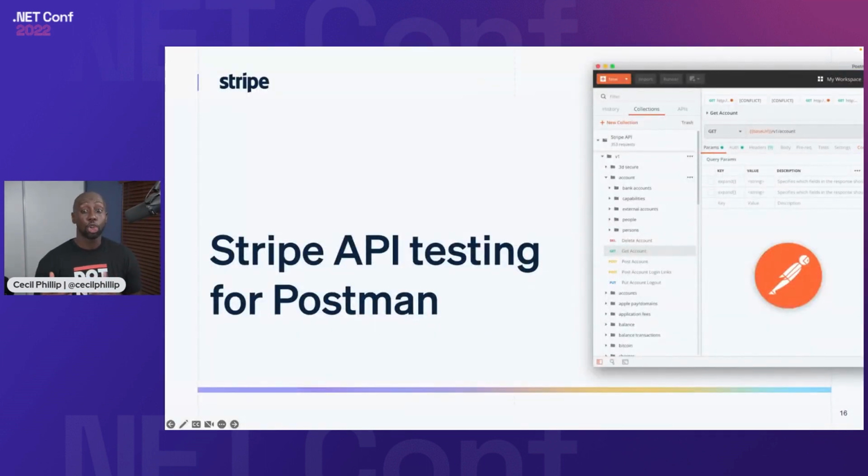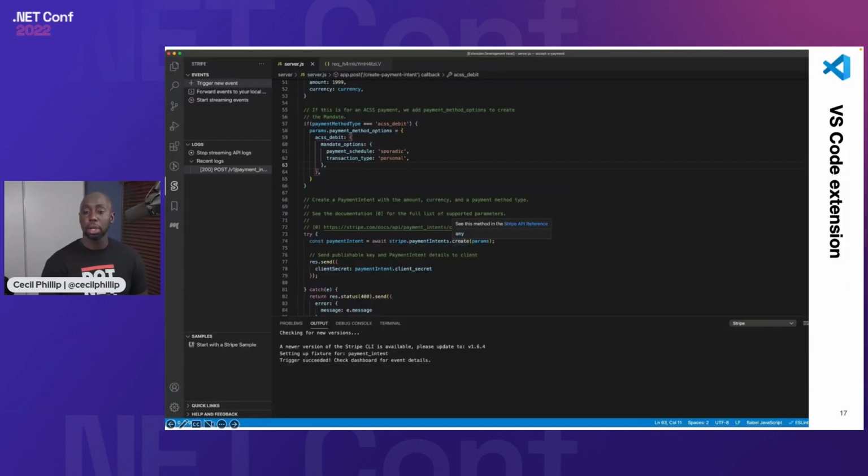If you want to try out your Stripe APIs against your account, you can use the Stripe API that's inside of Postman. All you have to do is have your API keys and your webhook keys. You can put them in there and start making requests back and forth to see what that feels like. And then we also have the Visual Studio Code extension for Stripe, which is really fun to use. It essentially is like a wrapper around the Stripe CLI. So anything you can do in the CLI, you can do in the extension, or vice versa, I should say. If you're in VS Code and you don't want to switch to the terminal, you can do a lot of cool and fun stuff in there as well.